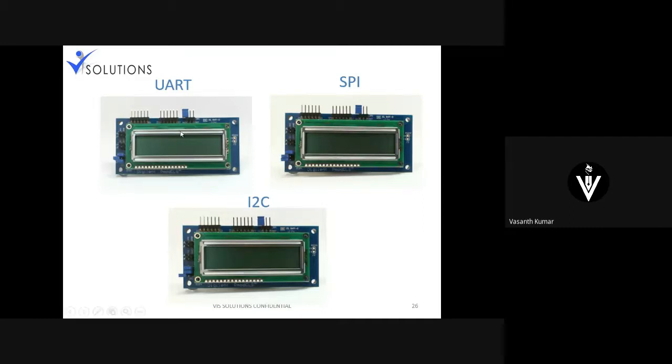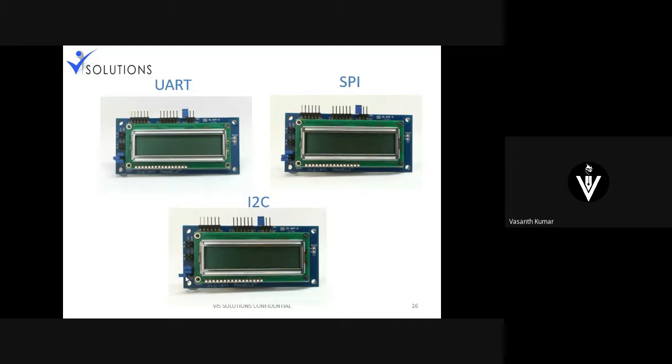These are the pin connections at the top I told you. Apart from that, there's a configuration pin, a jumper pin which basically shorts them. If you want to configure UART, leave the center one open, first and last one shorted. When you want SPI, leave the first one shorted, second and third open. And if you want I2C enabled, leave first and second shorted, and the third one disconnected, open. So this is how you're supposed to do the connection.